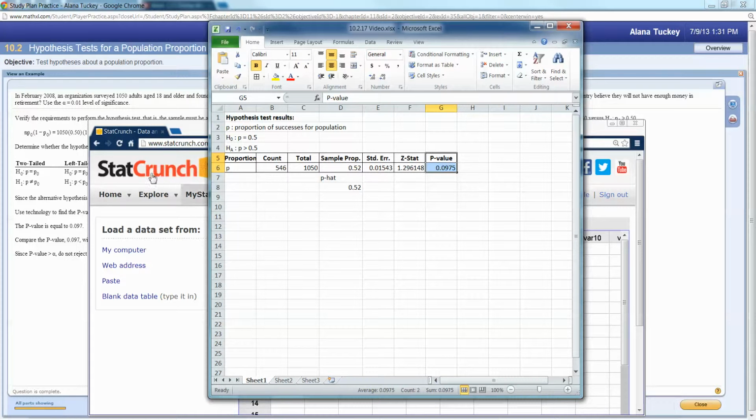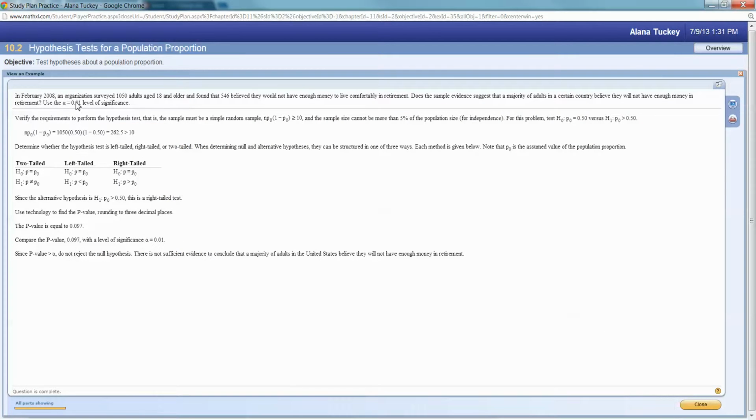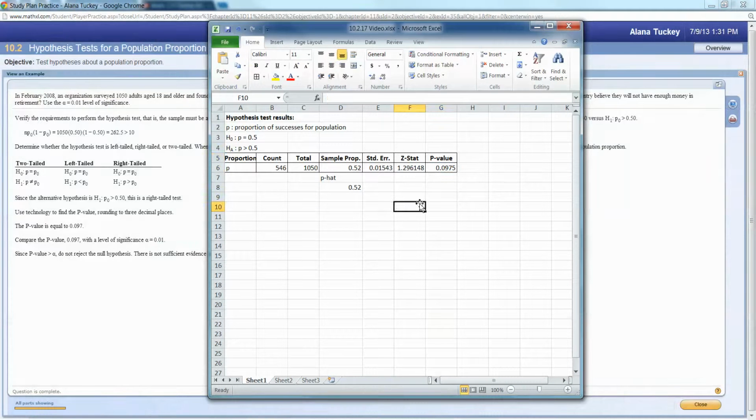Cool. So the p-value is, let's see, our alpha is 0.01, so we are not going to reject the null hypothesis. If alpha is 0.01, we only reject if something is rare, and it's rare if its p-value is low. This is not that low. This is close to 10%. That's not that rare. We want lower than 1%. So we do not reject the null hypothesis, which means there is not enough evidence to support the claim that a majority